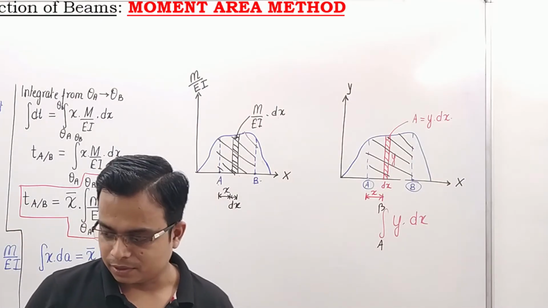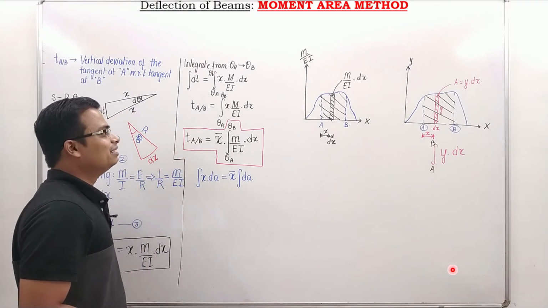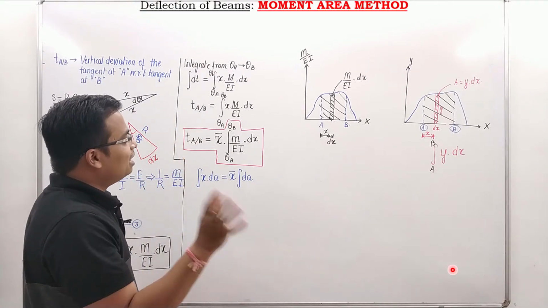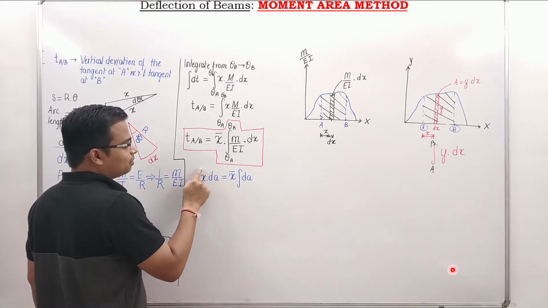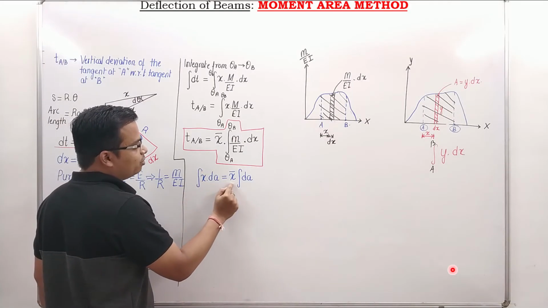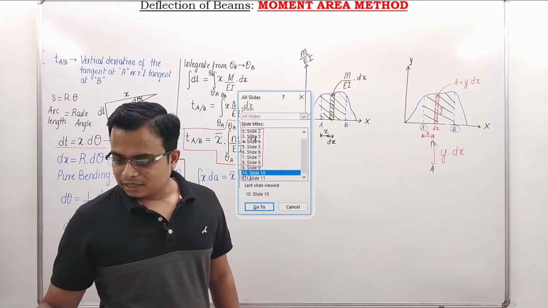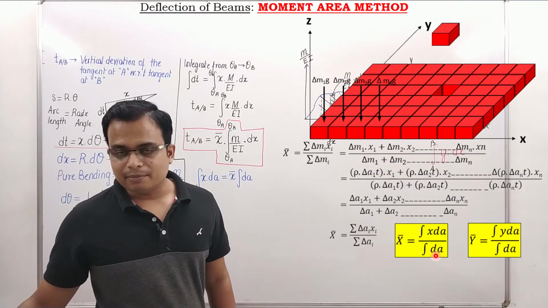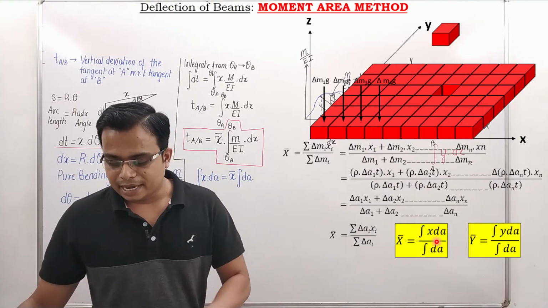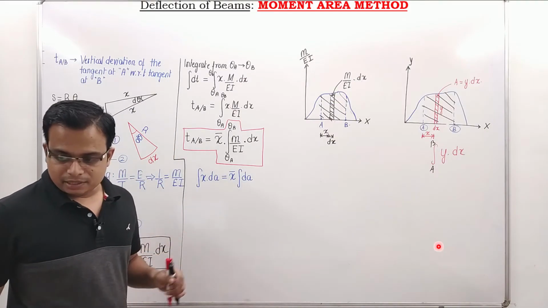Let's see that. Some of you might have guessed even. What is x bar, right? Anyway, I'll let you know what that is. It's going to be very simple. Just take a look at this. Now we know that the integral of x dA is equal to x bar times the integral of dA, don't we? You've seen this. X bar multiplied by the integral of dA is equal to the integral of x dA. And this is exactly what I've written. In the same fashion,